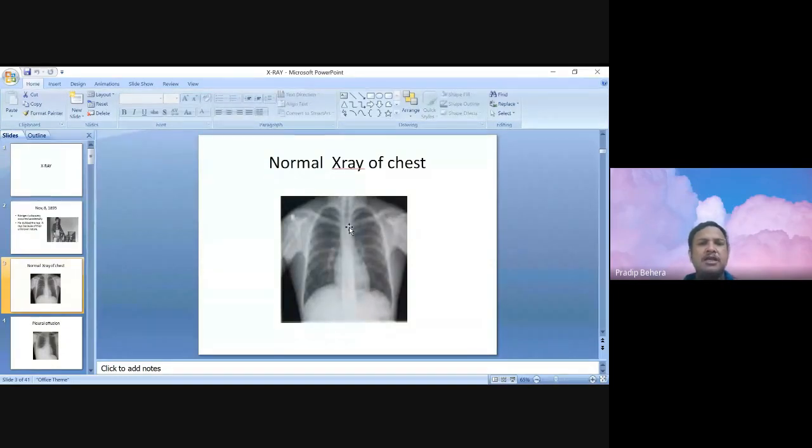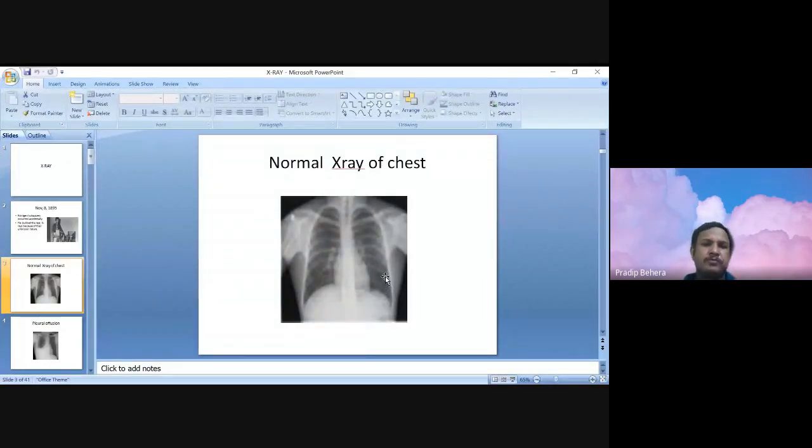Normally in a PA view, that means posterior anterior view, posterior means the ray is coming from the posterior, that means from the back side. And normally the patient holds the plate in the front. So this is called a PA view. That means the direction of the ray is from posterior to anterior. So this helps to make the cardiac shadow more prominent. If we want to know the cardiac silhouette as well as the respiratory pathology, lung parenchymal pathology, we need a PA view.